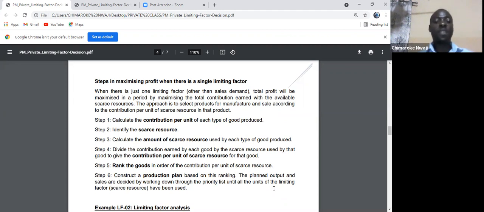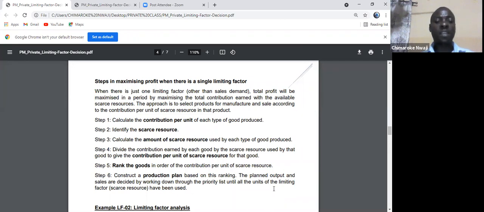So the first thing to do is to identify or calculate your contribution per unit for each of the products. Notice here that it's not a single product, even though we have a single limiting factor. It is multi-product, single limiting factor. So identify each of these products, their contribution per unit. Then go to step 2,